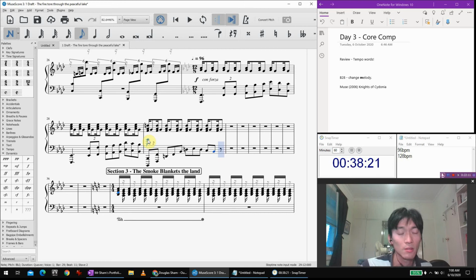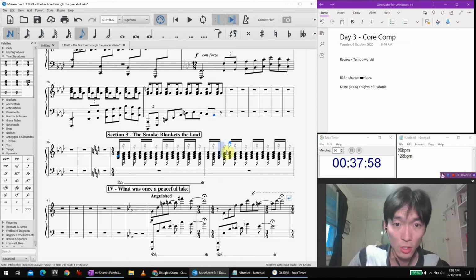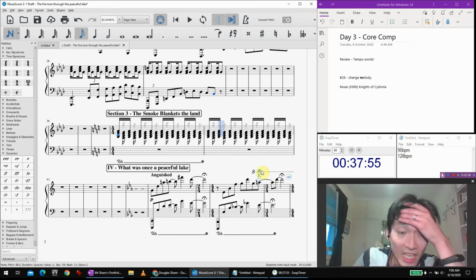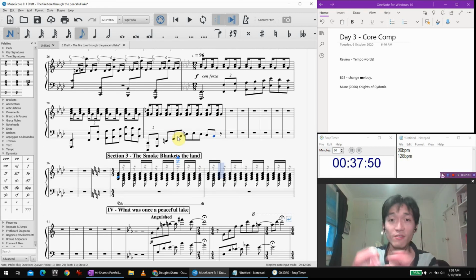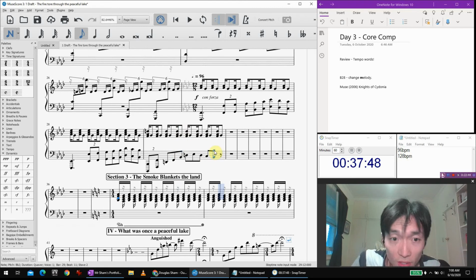B flat. So it's got F, F, E flat, B flat, G. Yeah, let's go to G. Let's go to G. And then we can do a key change up a fifth to C minor after that. Let's try that. Because this is kind of the developing section. It's the middle bit where you can go a bit crazy before it settles.